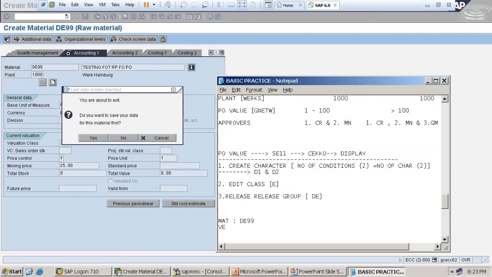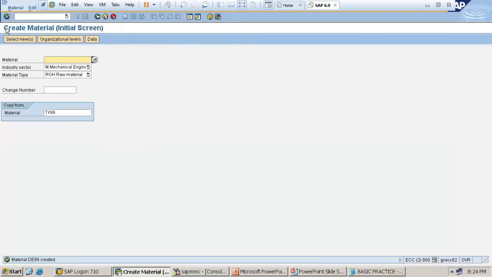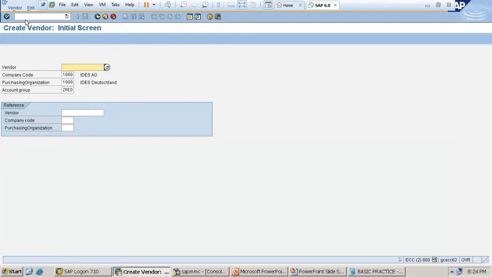Let us take it that one vendor is there. Assuming we already have one vendor. Or else I'll show how to create the vendor also. Slash n, XK01. Enter. So I can take KRED. Okay.